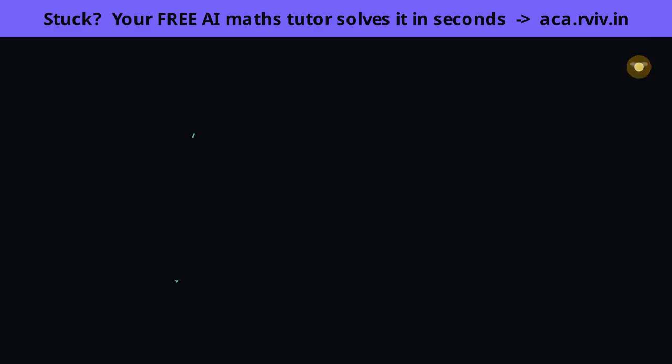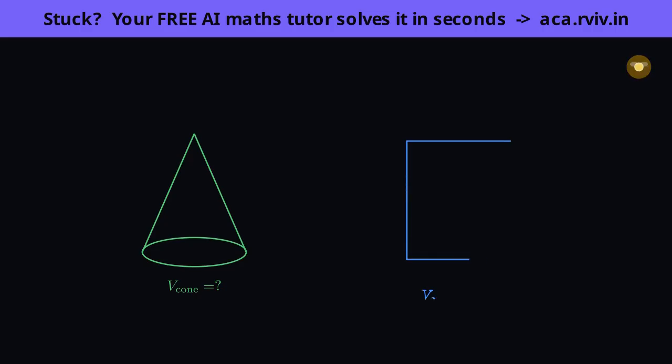Now let's turn from the skin to the filling, from surface area to volume, how much a solid can actually hold. Here is one of the most beautiful facts in the whole chapter, and I want you to see it rather than just believe it. On the right is a cylinder, on the left a cone. But look carefully, I have made them share the exact same circular base and the exact same height. Same width, same tallness.